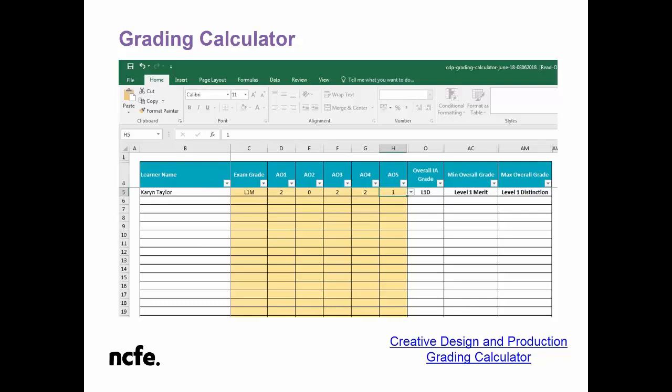AO4, which is the example that Chris showed you before for the grading bands, where it's really important to note that unless those outcomes are finished, they can't access band 3. I only got a 2 because I haven't finished my product yet. AO5, I was only in band 1 because I hadn't really shown that I'd evaluated and planned the project very well. So the minimum overall grade I could get there is a level 1 merit, and the maximum is a